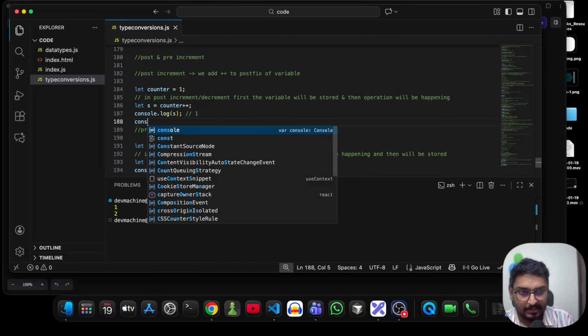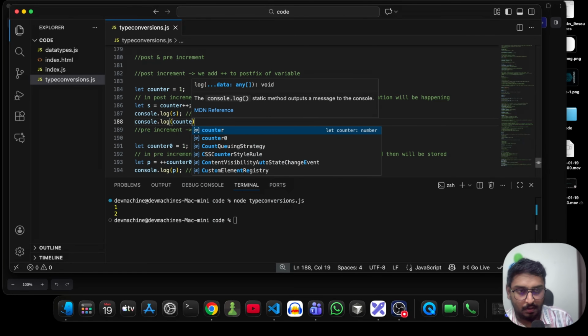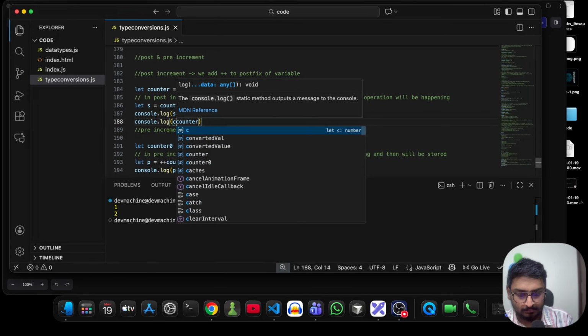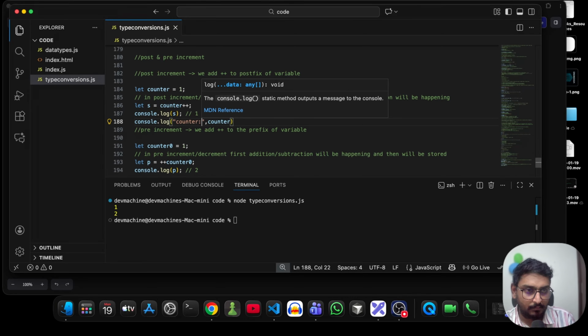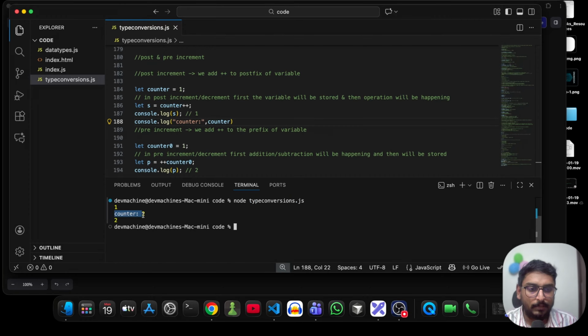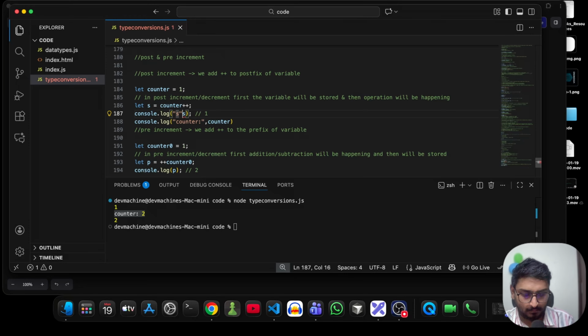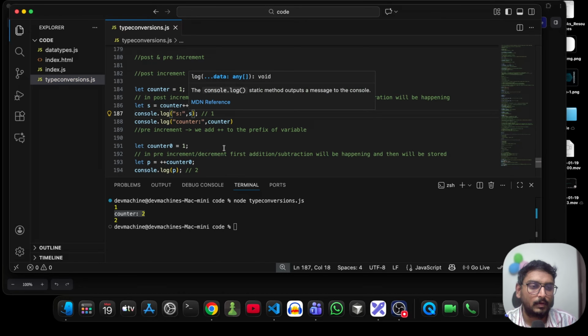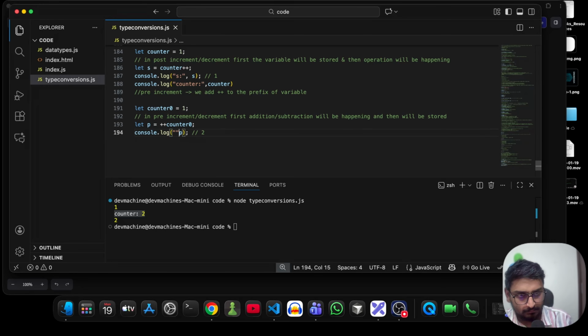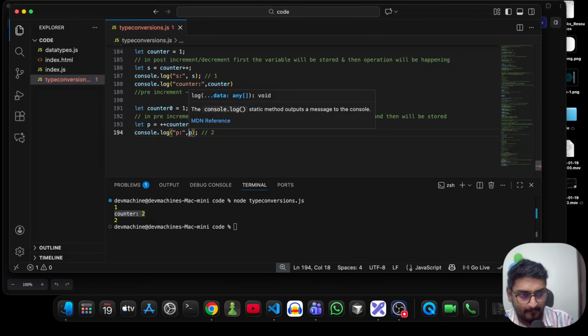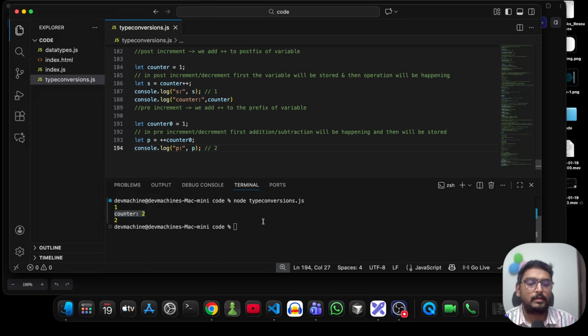But if you can clearly see, if I add console.log counter, you can clearly see the counter value has been incremented. Let me write this in a better format. Right. So if I rerun the code,